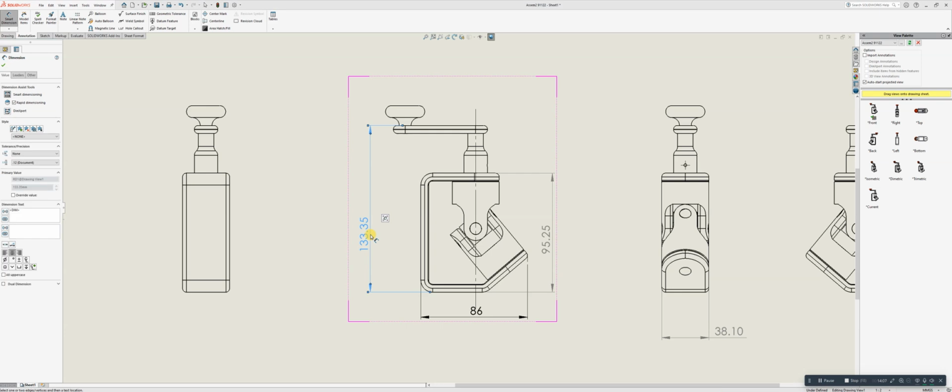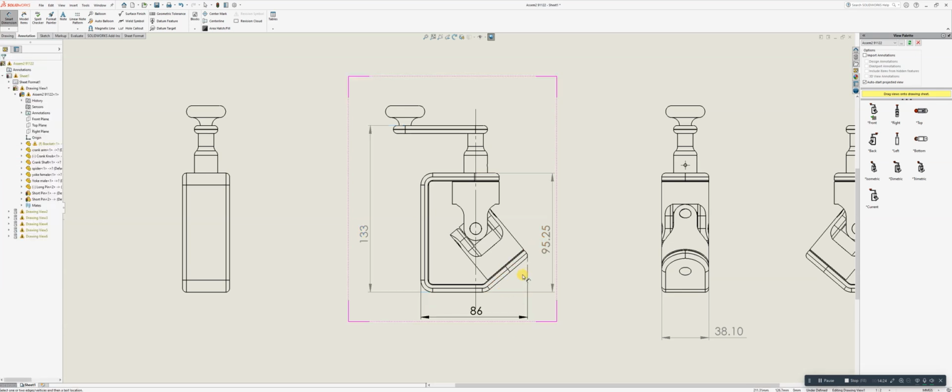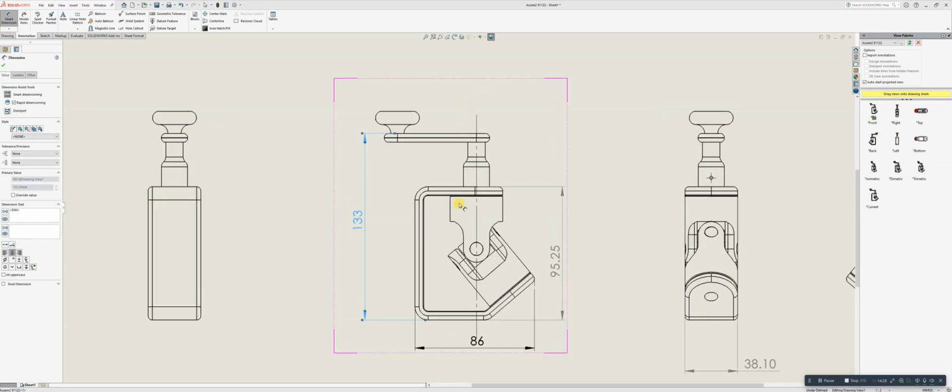Okay, and if I just change that to 1 decimal place, yeah, 83.4, I can go to none on that one. It goes to 133 for it. And I can do the same with that there. So that's overall dimensions. If I wanted to get that height, obviously I can put that one back in